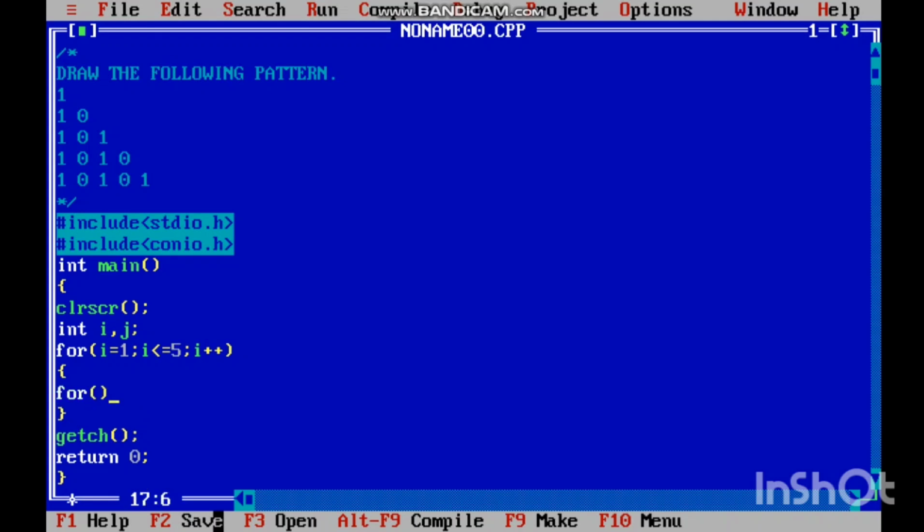we create the inner for loop, and firstly we initialize the j variable. So firstly j is initialized to 1, and check the condition if j is less than or equal to i, and j increments by 1. And inside the inner for loop